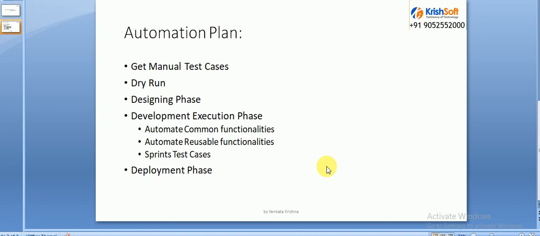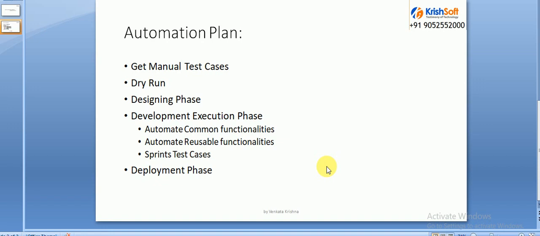I will show you practically, but let me explain the phases in the automation plan. First phase is the designing phase. You need to design the automation framework. In the automation framework, you need to design your folder structure, what are the various functionalities you require or can reuse, what are the configuration files you have, what data drivers you are going to maintain, what listeners you need to use, what is your reporting format, and how you are going to maintain your pages, either in page object model or page factory. All these things combine the automation framework.